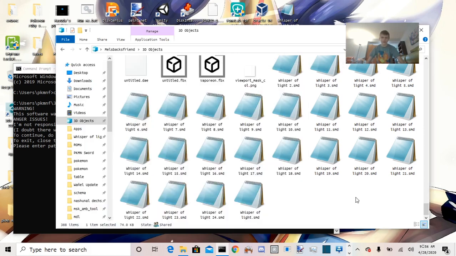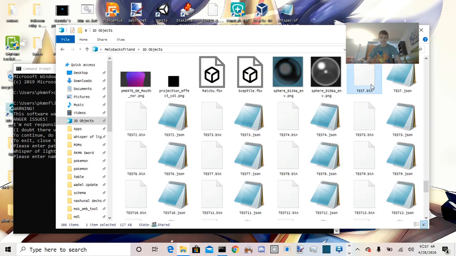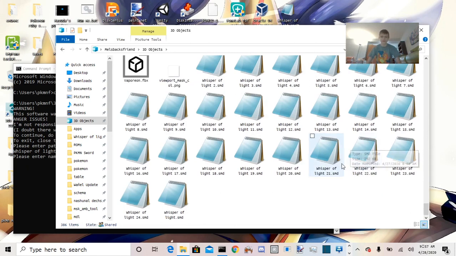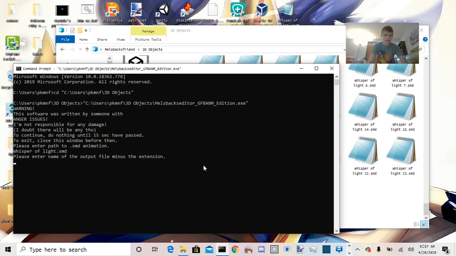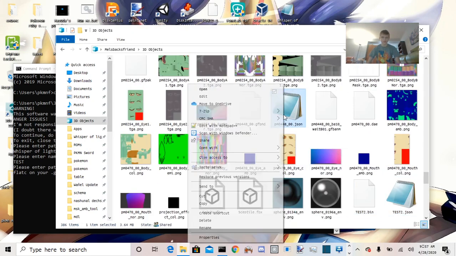Okay, so here's how you use the program. You have to put in the path to your SMD animation. As you can see, I have my computer set to open them with Notepad by default, which is a good thing to do if you want to use this program because you're going to have to open in Notepad. Now I'm going to delete these two files, which you might not be able to see because of the webcam. Then let's name it test. Well, it'll be test.json because it said minus the extension. And then the path to the JSON obtained using FlatC and your GFBMDL. So here's the JSON right here.